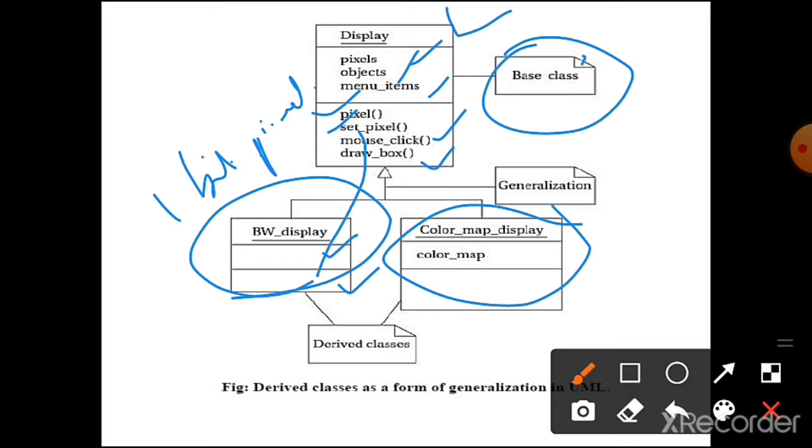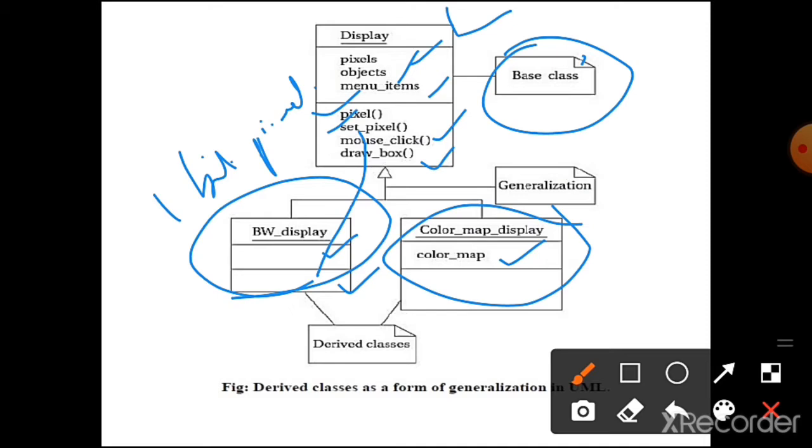In the case of the color map display, it uses a graphic device known as a color map, which allows the user to select from a large number of available colors. From that we can select one of the colors. So when we add this class, we define a color map attribute.